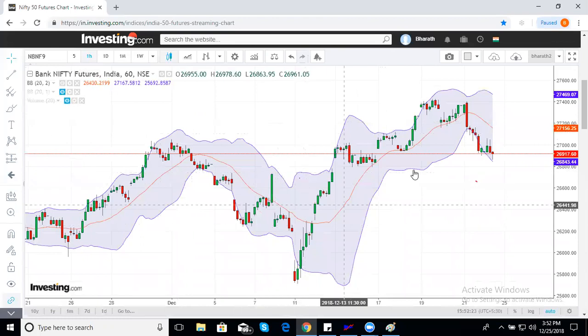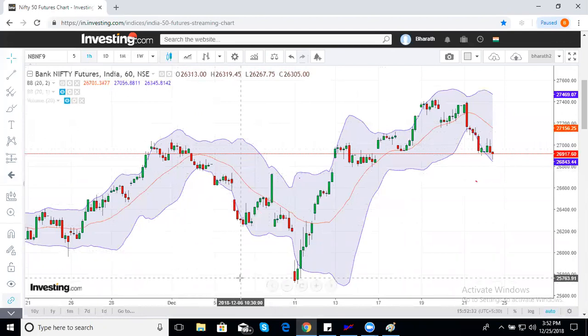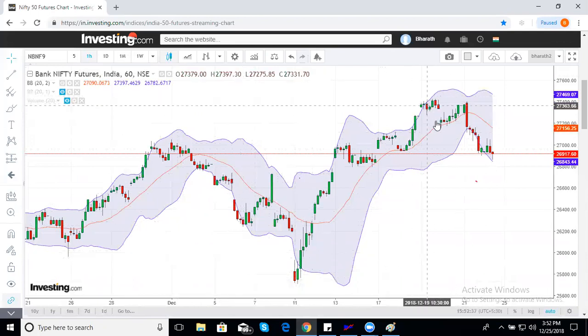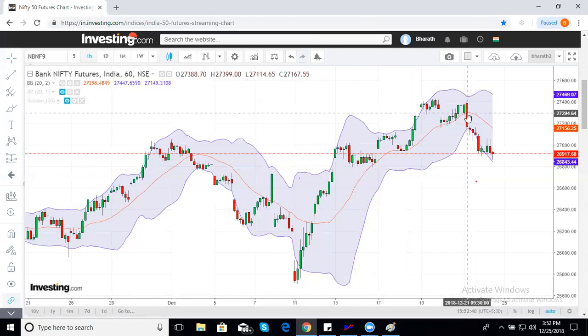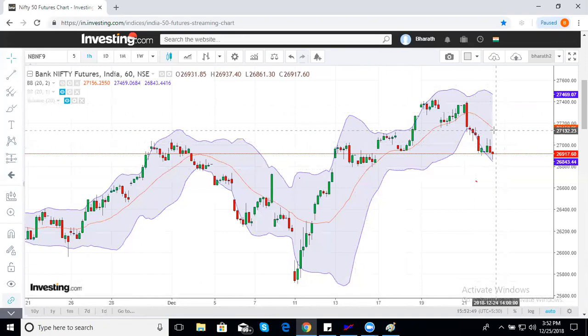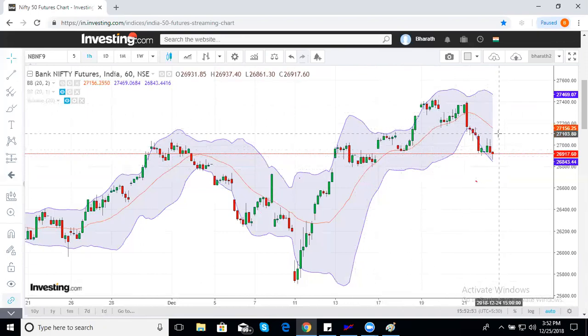See this? Outside, came back, inside, and this is not a small sell-off. See, 27,000 to 25,800. Not a small sell-off. Outside, middle band support, middle band support, middle band support. This is the first time the middle band is disturbed now. And you know this story. Market moved from 27,400 to 26,900, a 400 points move. Next rally, if the same middle band which was acting as support turns around and starts becoming resistance,